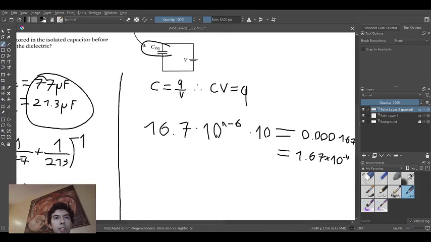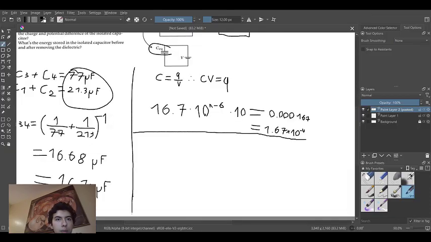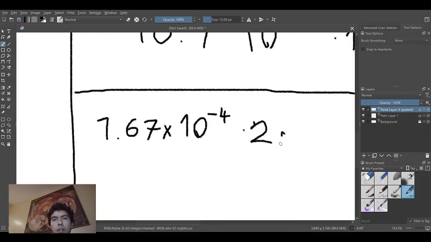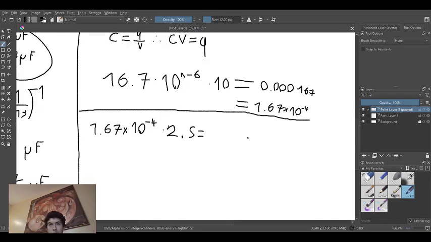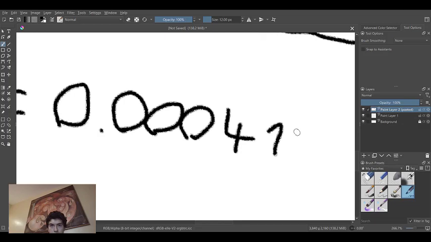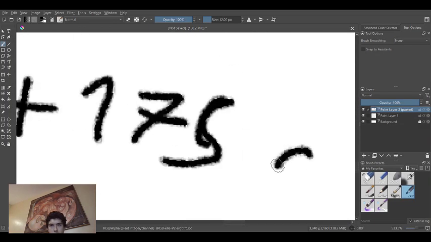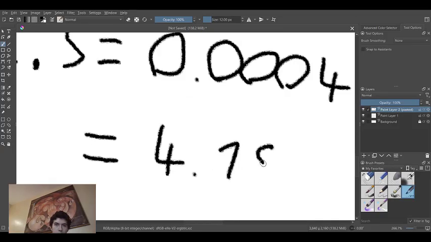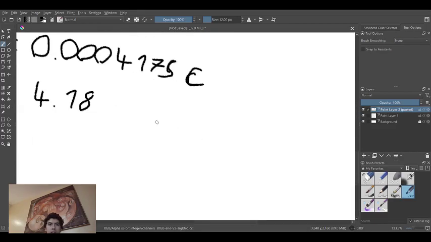So what we're going to do now is take what we just got and multiply it by 2.5. 1.67 times 10 to the minus 4 times 2.5 equals 0.0004175 coulombs, or alternatively, again, 4.18, because we're rounding to 3 significant figures, times 10